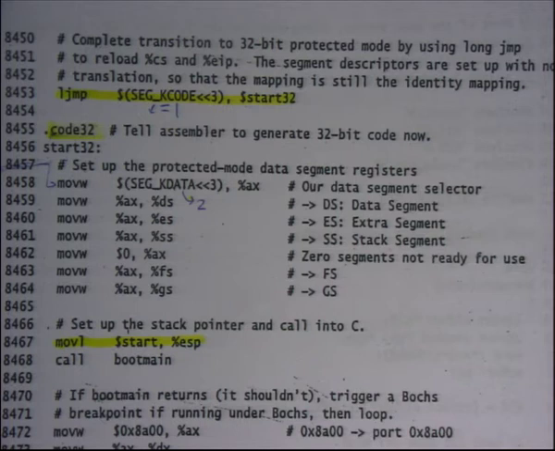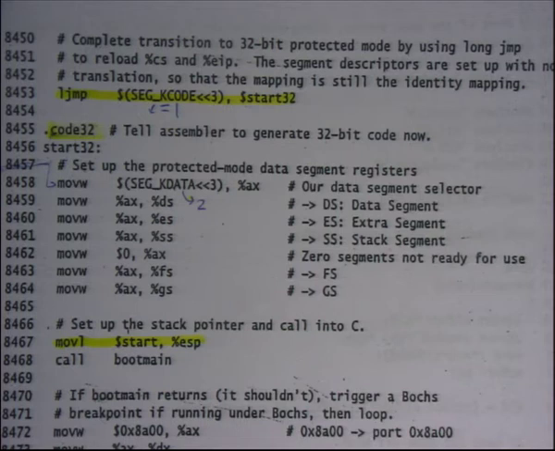We have seen this before: segment ID and offset. Recall what ljmp does: it just loads CS with this value. The value of SEG_KCODE is 1, so it just loads the first descriptor, segment descriptor number 1, into CS.